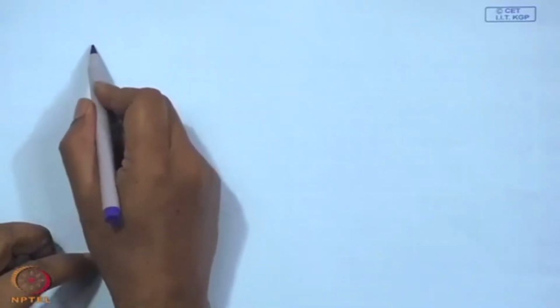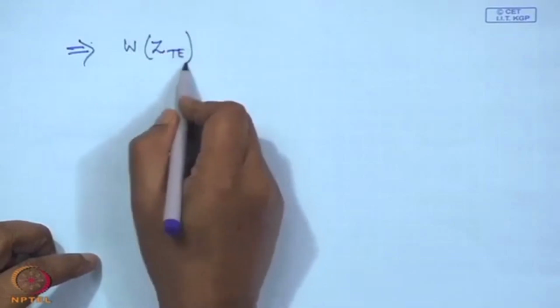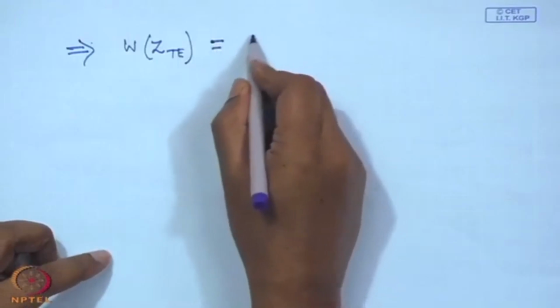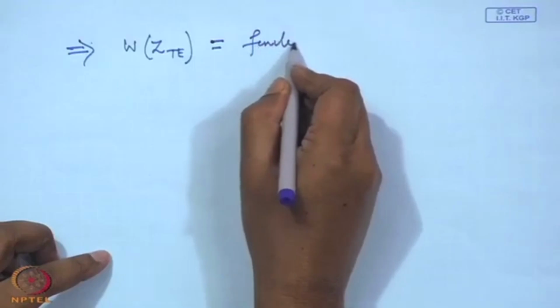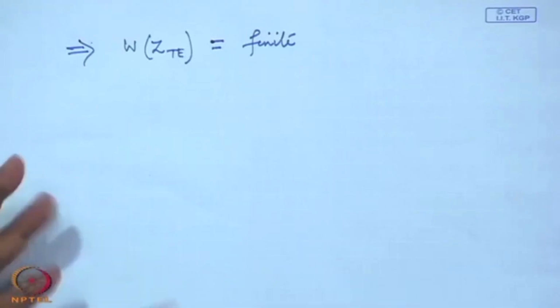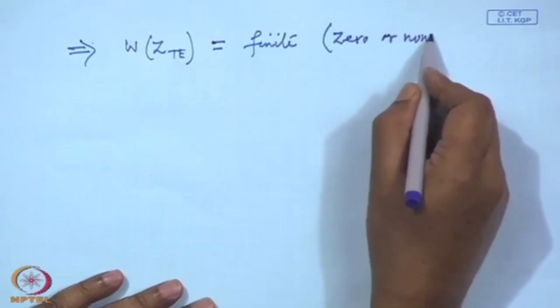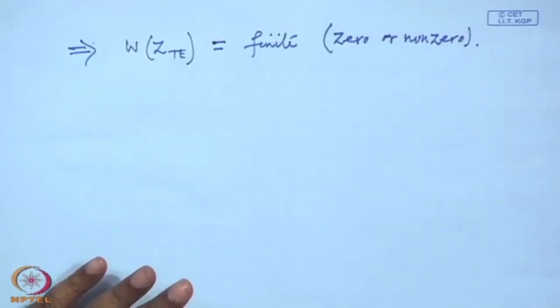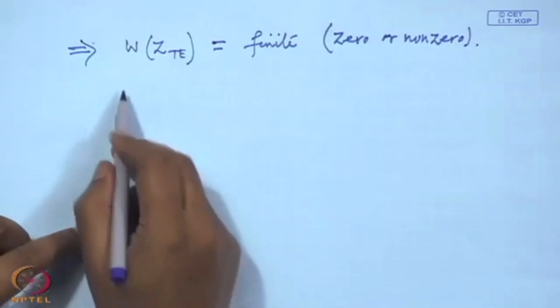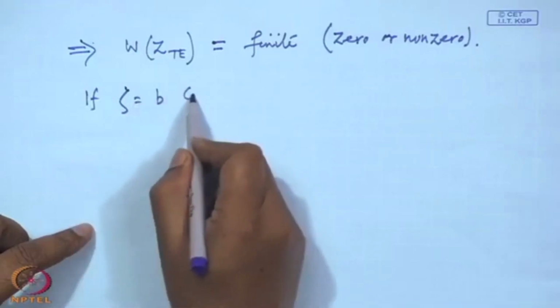So, now going back, the dW/dZ corresponding to the trailing edge is finite, either 0 or non-zero. So, if zeta equal to b corresponds to